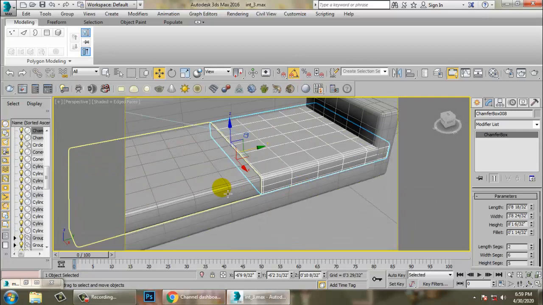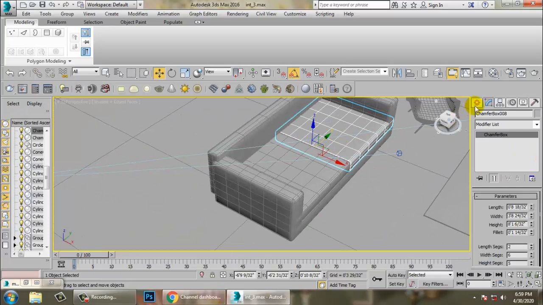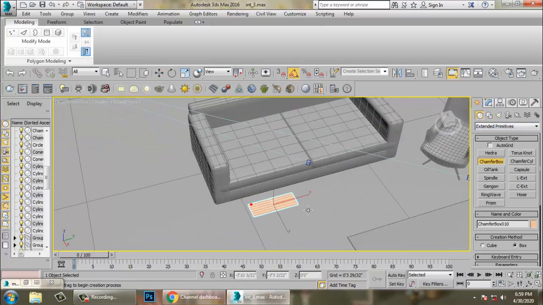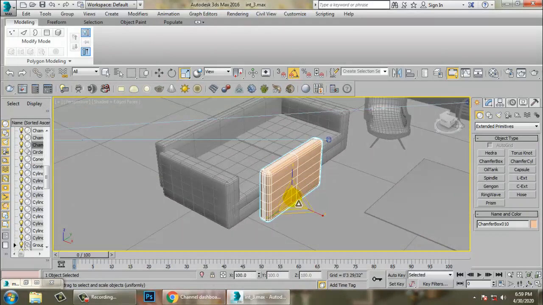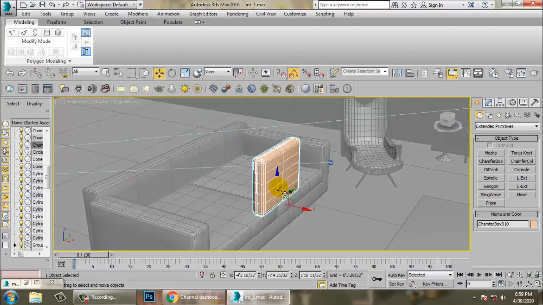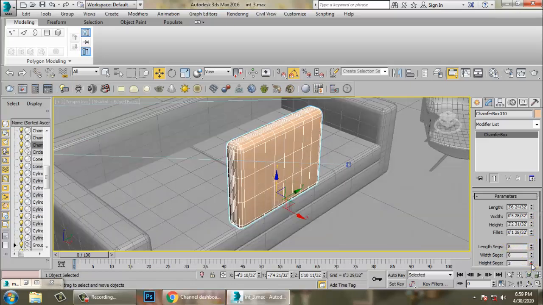So for creation of a pillow, let's go over here and let's take a chamfer box. Scale it, push it up, and let's go into this and just increase its height segments.